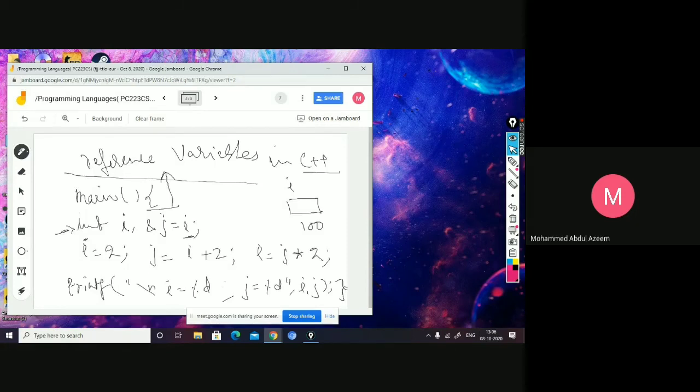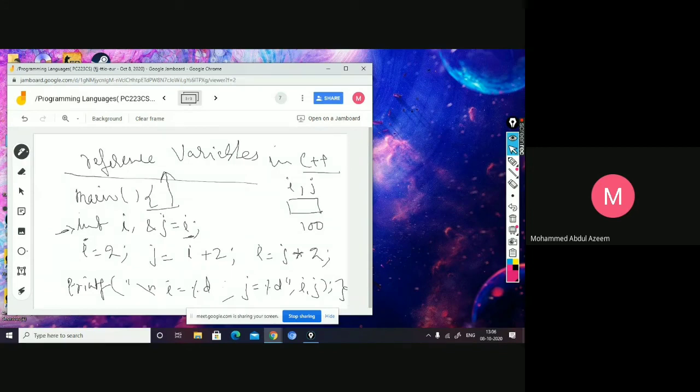So here J's memory will not be allocated separately, rather it just acts as an alias name to I. So I and J both can now point to this particular memory. This memory was allocated for I, but it can be referred to by J as well.